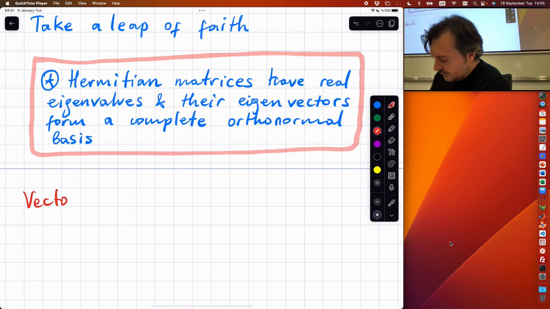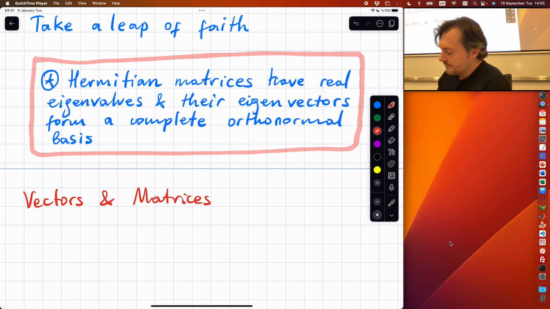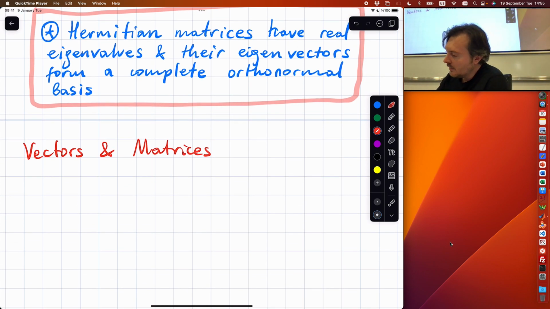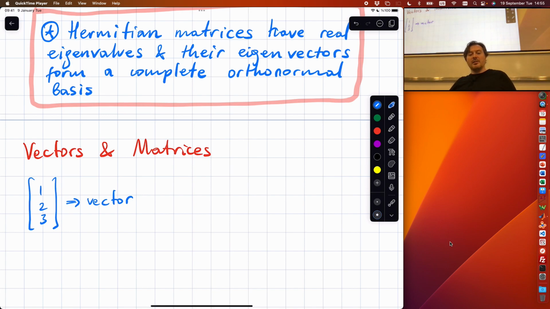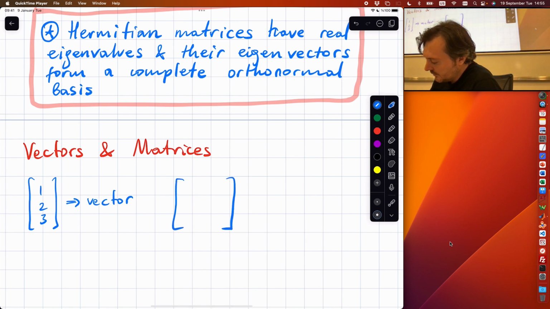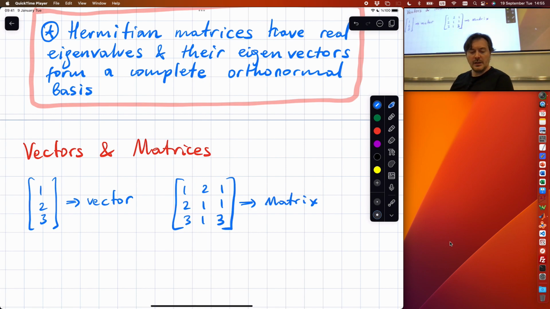Vectors and matrices. So here is a vector 1, 2, 3. This is a vector, a collection of numbers in a column. Okay, and here is a matrix 1, 2, 1, 2, 1, 1, 3, 1, 3. For example, this is a matrix. Okay,